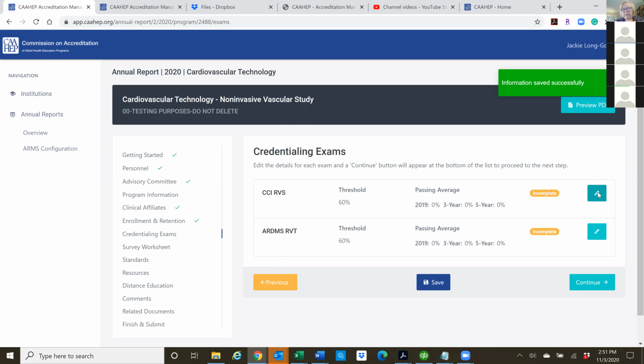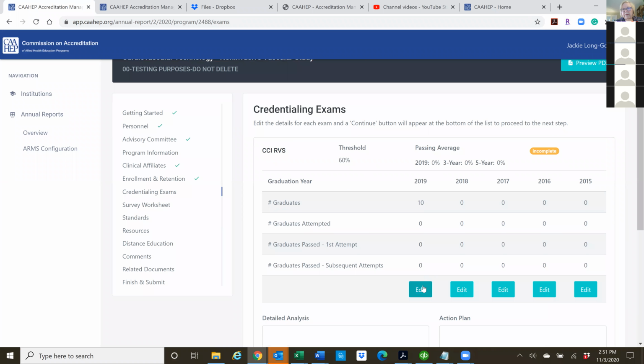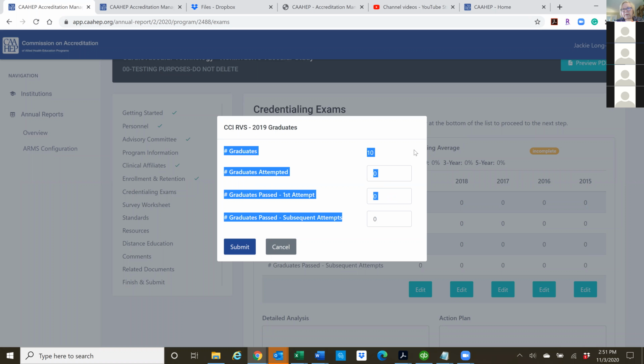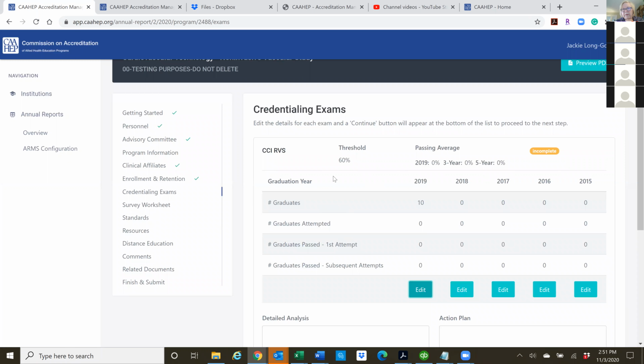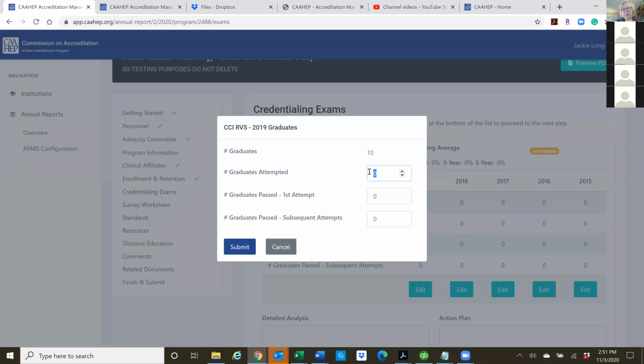And then we can go to the credentialing exams and we can say, okay, so of the 10 people who graduated, on the RVS exam, you had 10 people attempt it. You had 8 people who passed on the first time and 2 people who passed on the second time.